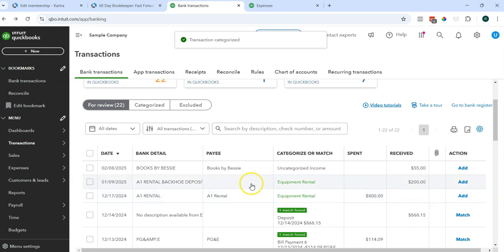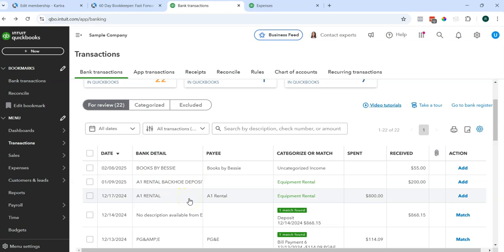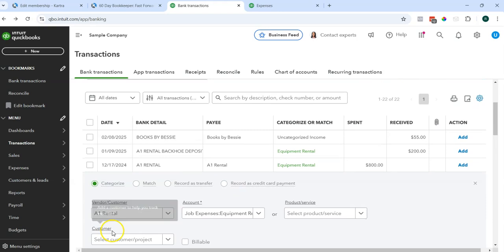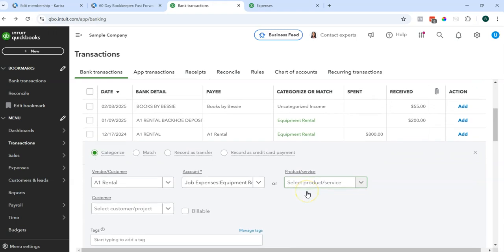Now you'll notice that with these A1 rentals, it's recognized for this second one here that this is the same payee. So previously it didn't have A1 rental listed because we didn't have the vendor created, and now we do. You can also see that here the words are written in green. So when you see words written in green in the Bank Feed Center, that means the last time you recorded a transaction to this vendor, this is the account you used,